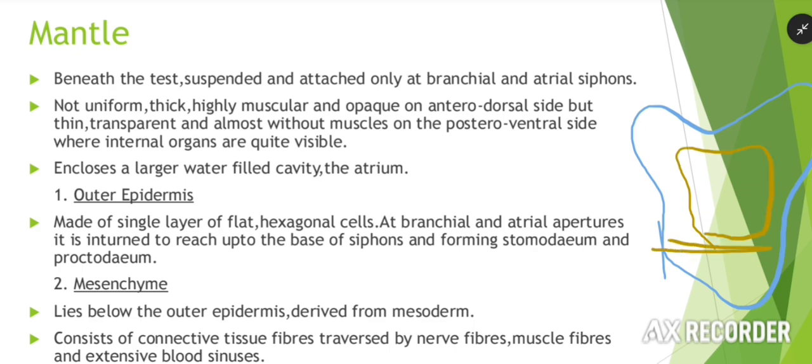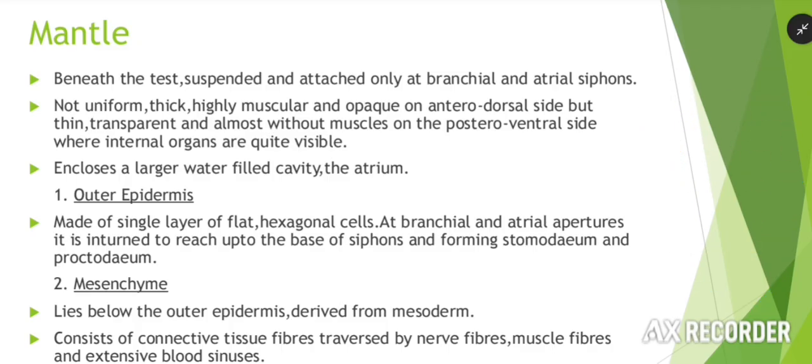So this mantle gets attached only to this branchial and atrial siphons. It gets attached only to this region, and else everywhere it is scattered, मतलब it is dispersed, कहीं भी attached नहीं होती है, सिर्फ branchial और atrial siphon पे attached होगी. Okay, and